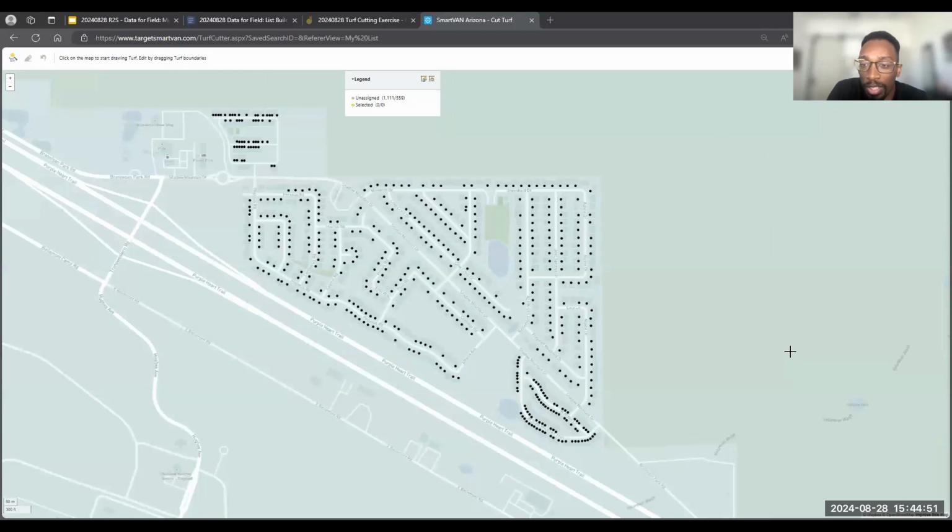And so right here, this is where we are in our little map. And so we're going to want to do a thing called cutting turf. And so we have some tools to use. Right now, we have a legend that says there are 559 unassigned doors and 0 doors are selected. Throughout your time cutting the turf, you want to pay attention to that. And so you have this little tool here, and if you drag it,